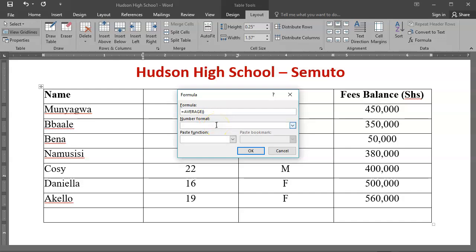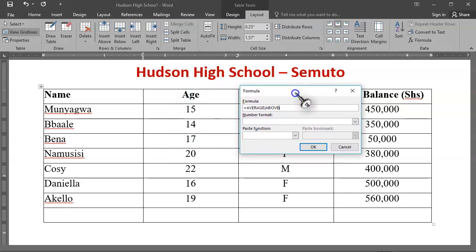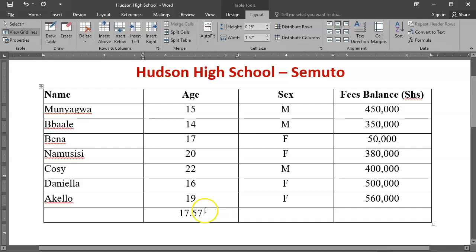In between there is a bracket. In the bracket we are going to put above. Why are we putting above? It's because the content is above where our formula or our average is. So we're going to put here our average, meaning the content is above. So we just press OK and we get our average age, which is